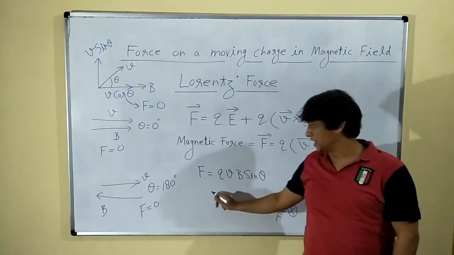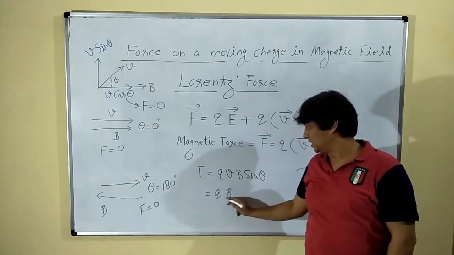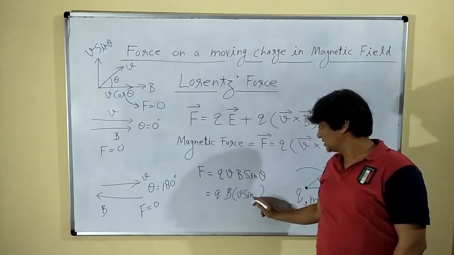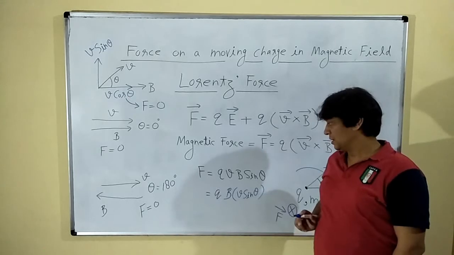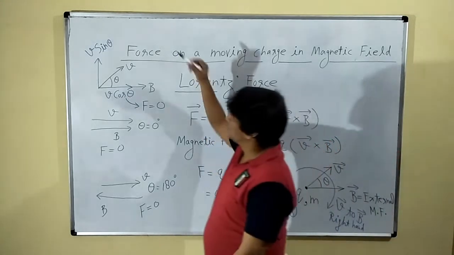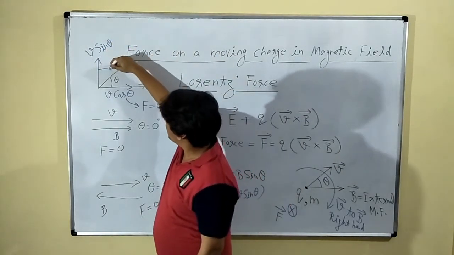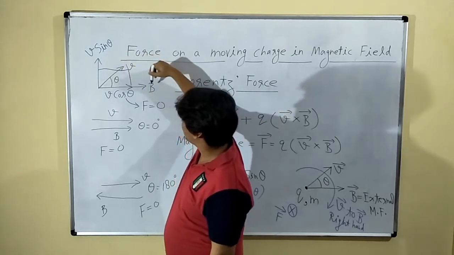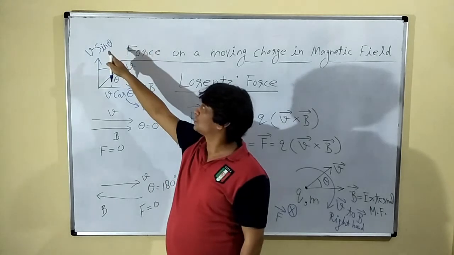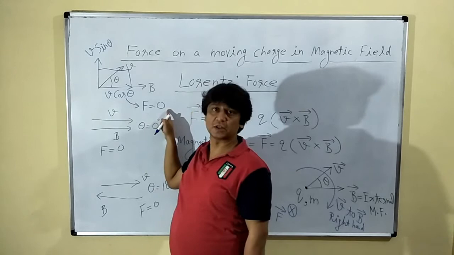You can even arrange this part like this: q times b multiplied by v sin theta. What does it say? It says that velocity component which is perpendicular to the direction of magnetic field will produce the force. तो फोर्स इस कंपोनेंट की वजह से है, इस v cos थीटा का कंट्रीब्यूशन कितना है? 0।